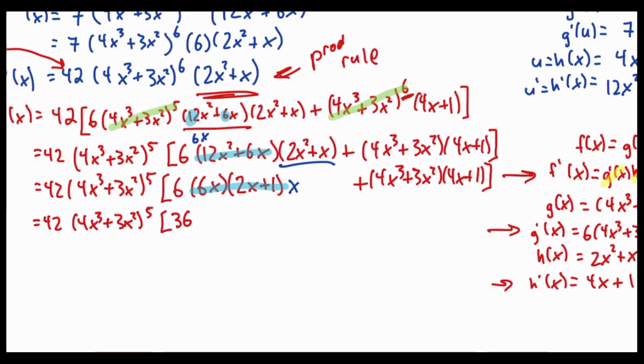So we're going to represent this as x times 2x plus 1. So right now, in this line, I'm multiplying the 6 by the 6x by the x. So I'm going to have 6 times 6 is 36, x times x is x squared. I'm going to have 36x squared multiplied by what's left? Well, we're going to have 2x plus 1